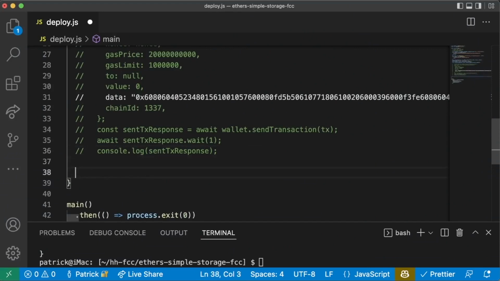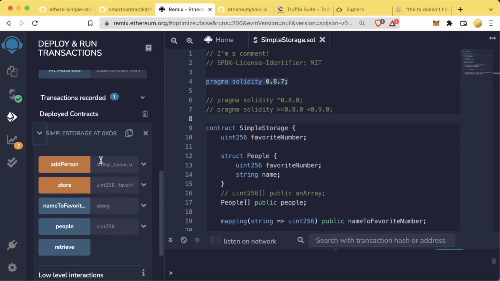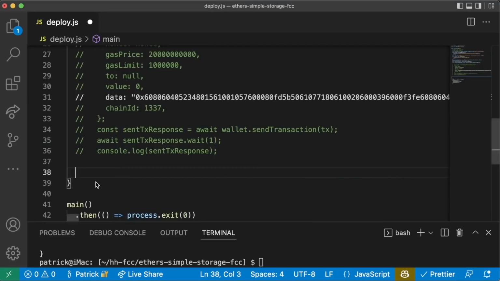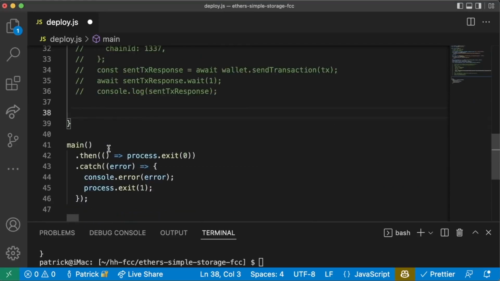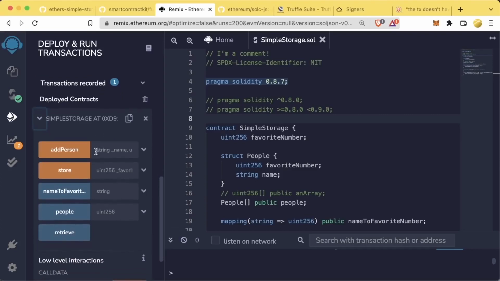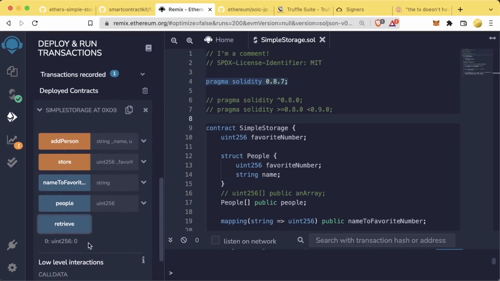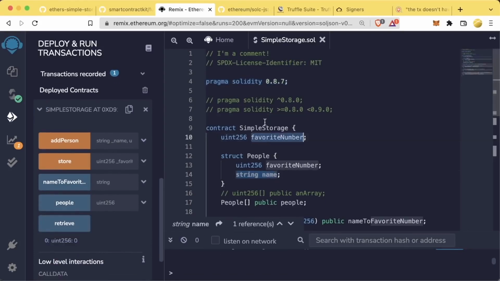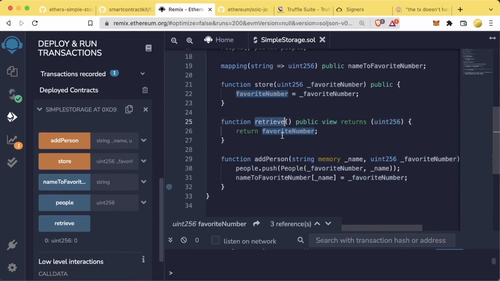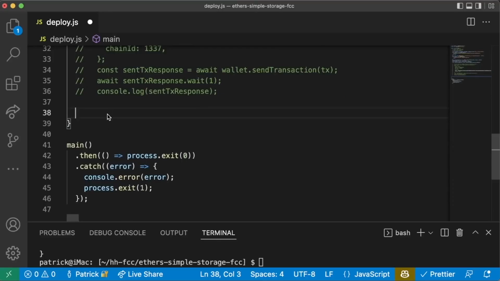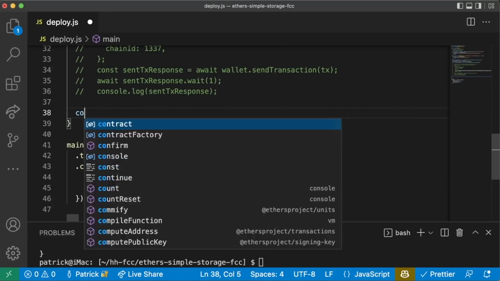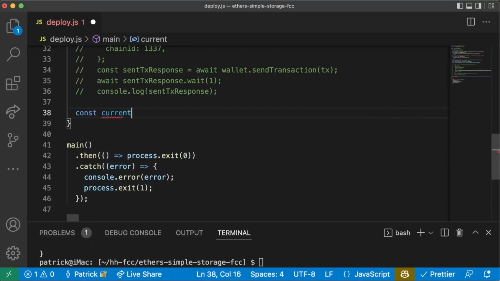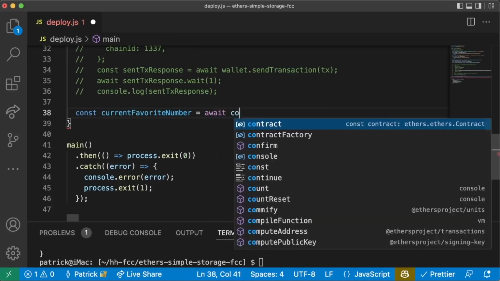Now that we've actually deployed our contract, we can learn how to interact with our contract through code as well. The same way that we clicked these buttons in Remix, we're going to code it out for ourselves here. So if we look at SimpleStorage, we have a button for add person, for store, and then we have these view functions as well. The easiest one is going to be the retrieve function, which grabs our favorite number. Retrieve returns favorite number. So we can call that in Ethers by doing const currentFavoriteNumber equals await contract